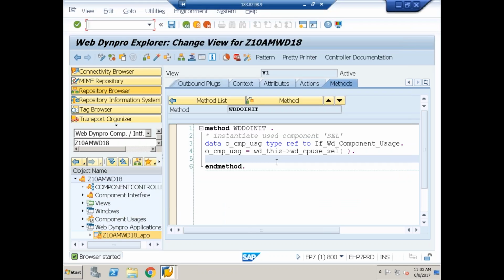So what I did, I've included that standard component at view level. Because of that inclusion, two methods got generated: WD_CPUSES and WD_CPIFC. So first step, before we start using that component, you have to instantiate it. I have instantiated. Done. Next step is